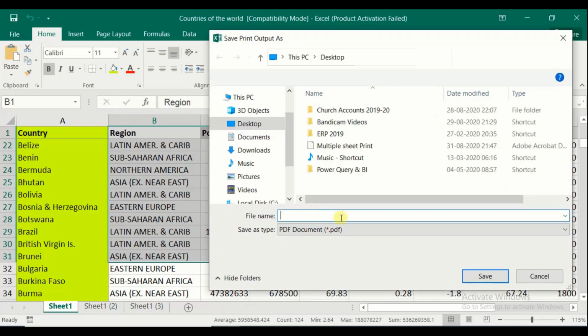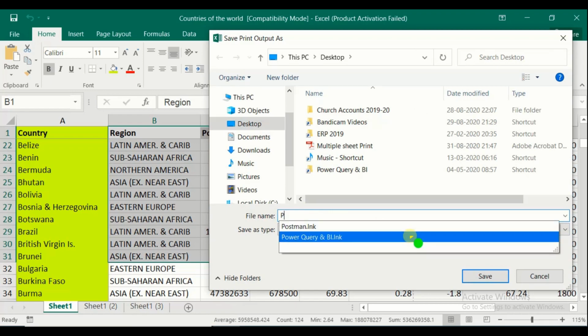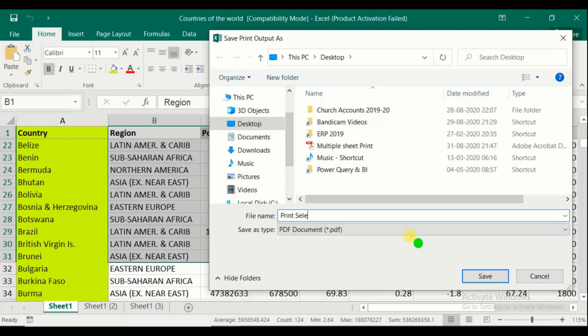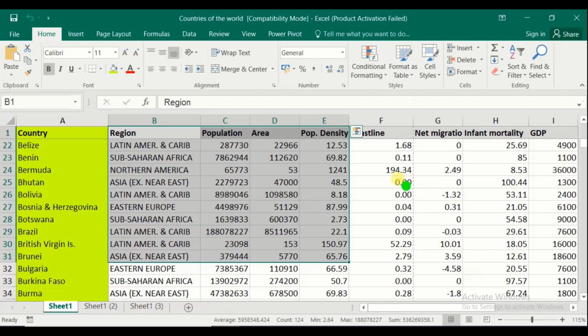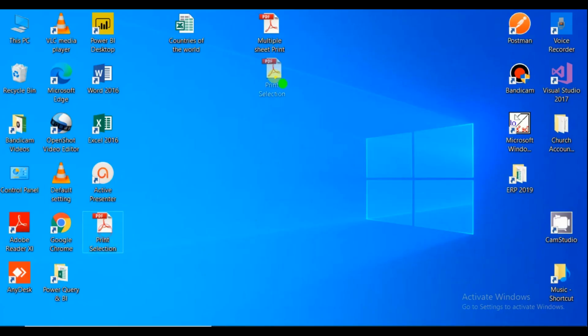Asking for the save prompt, I am giving the file name print selection file, and saving the file. Let's check by opening.